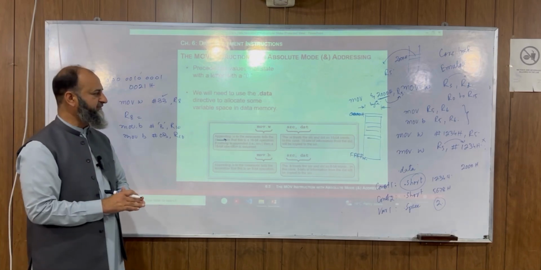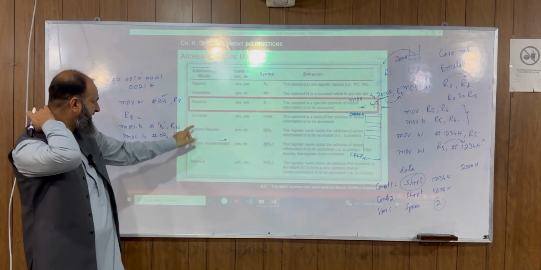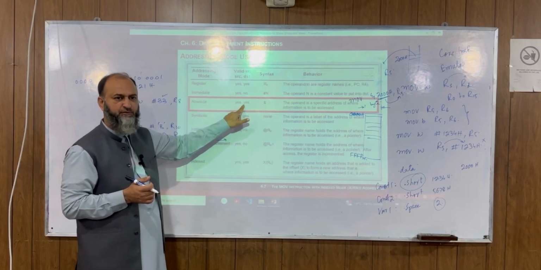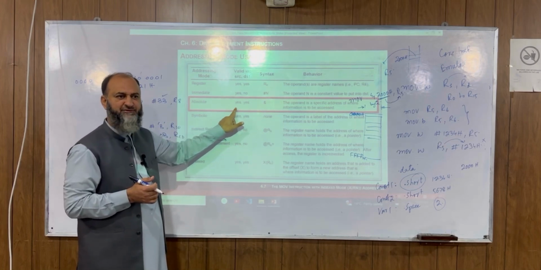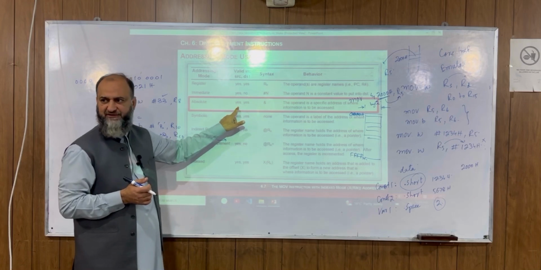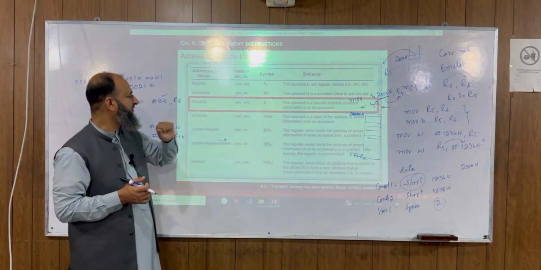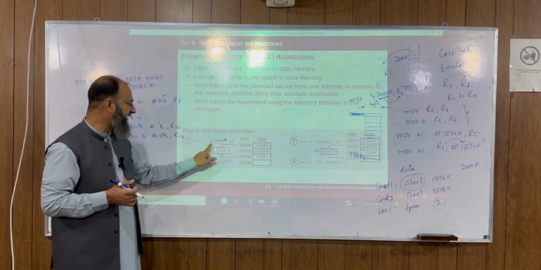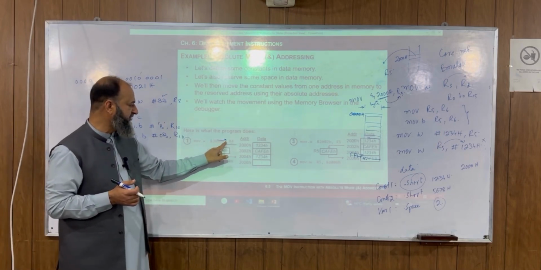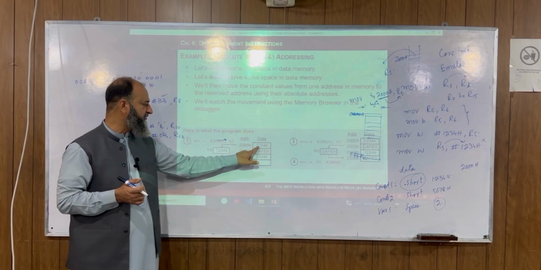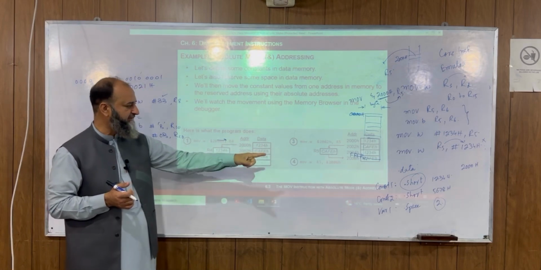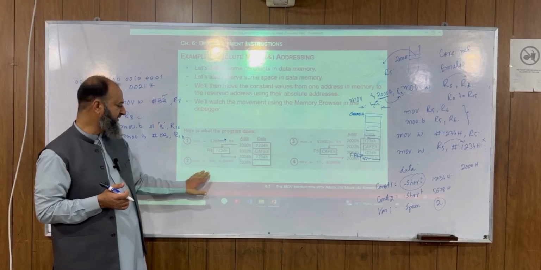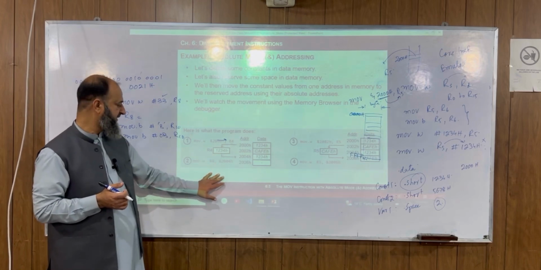So you have the move instruction with the absolute mode. Moving ahead, you see that in absolute mode it may be like this and over here it may be like this. So both the source and destination can be absolute addresses there. Okay? So you see, in the next one, &200 hex is loaded, and if at 200 hex there is 1234, you see that 1234 is going to be loaded in R4. Is it right? It's self-explanatory over here.